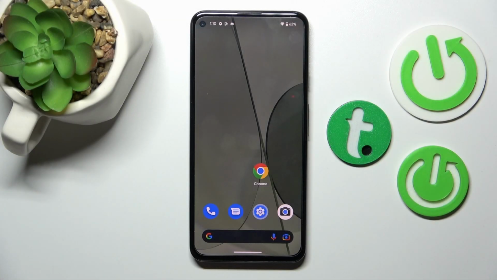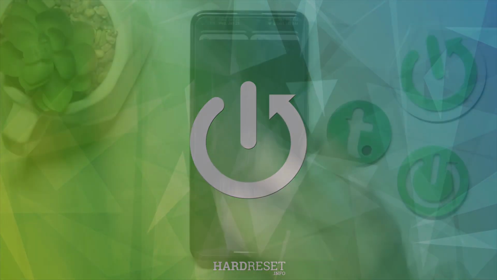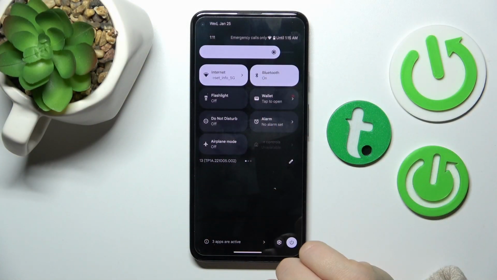Hi, today in front of me is a Google Pixel 5a, and I'll show you how to edit notification panel shortcuts on this device. So first, let's open the notification panel, and if you want to add some options here or remove some of them,